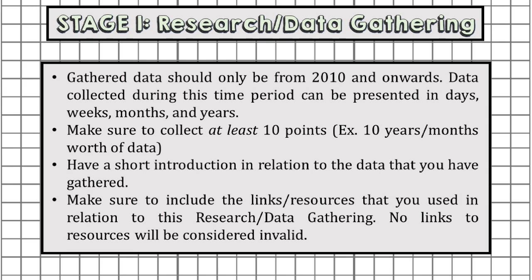Again, I'm giving the leeway for age group for 5 at least, but for years, months, days or weeks, you should have at least 10 points. The reason for this is that we want our trend line to be reliable later on, based on what will happen next, based on the data that you have gathered. When I say 10 points, I want to see 10 points on the graph, so that we will be able to have a trend line and a scatter plot that will be realistic and really getting the point wherein it helps our